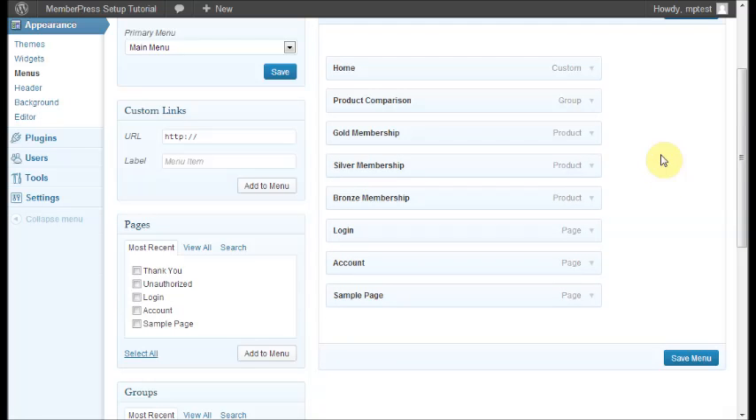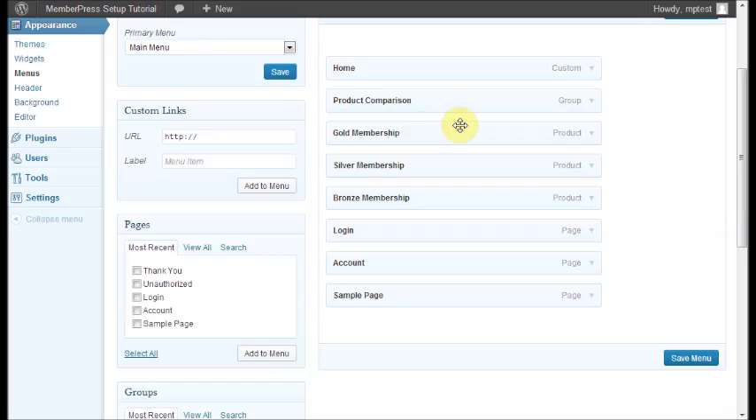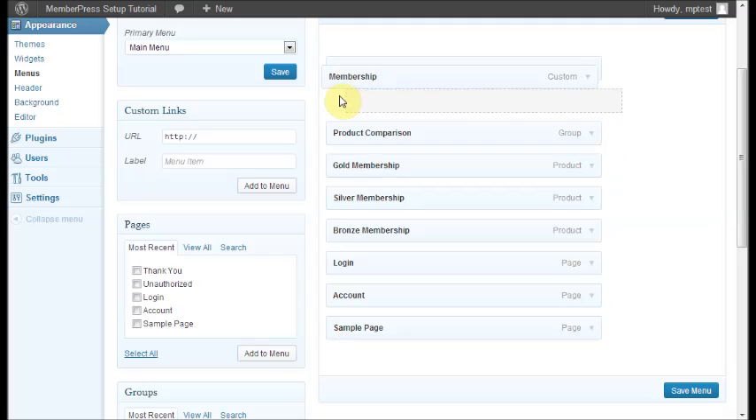Another question we get quite a bit is how to organize these so that the menu has some drop downs. So it's really easy to do. Just put the pound symbol here in this box. This just means that it doesn't link to anything. It's just kind of a category header. I'm going to call this membership menu item. Click add. And now if I drag this up here,